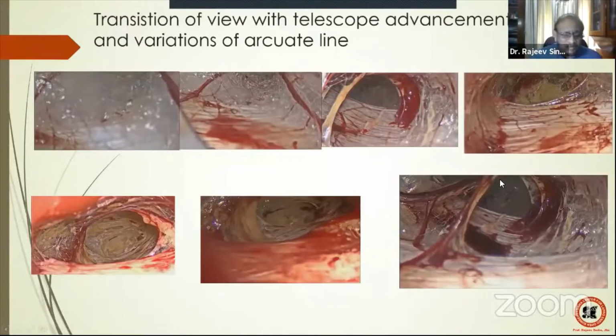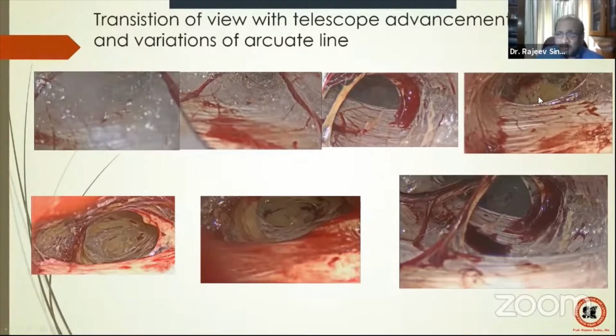When you enter inside, what do you see? This is what comes into view. First of all, if you see this, you should be the happiest person around. Why? You are in the absolutely correct space. Why? I am seeing the posterior rectus sheath. I am seeing the cobweb appearance or the cotton wool appearance of the pre-peritoneal area. I am the happiest person now. I am in the correct space. I have not damaged the posterior rectus sheath. I go further. Now the sheath becomes much clearer, and once I transgress the transversalis fascia, I enter into the pre-peritoneal space.